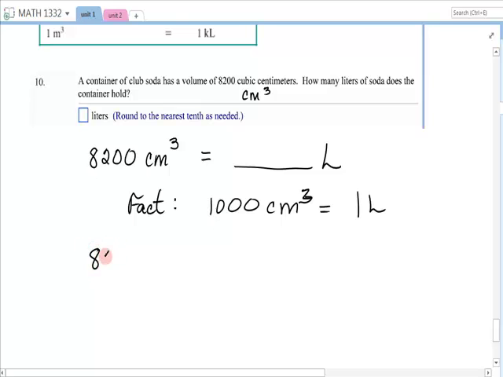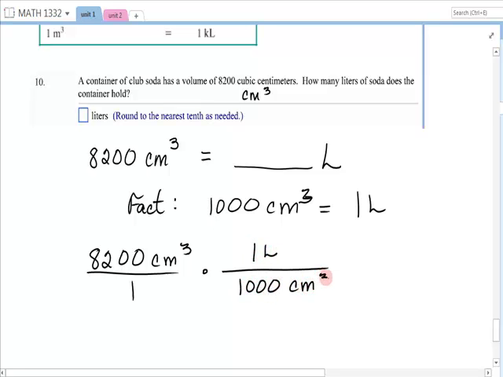So we're going to take 8,200 cubic centimeters, put it over 1. What are we going to multiply it by? 1 liter over 1,000 cubic centimeters. Those cancel out, and we will get